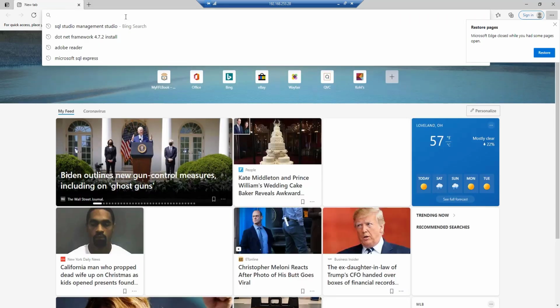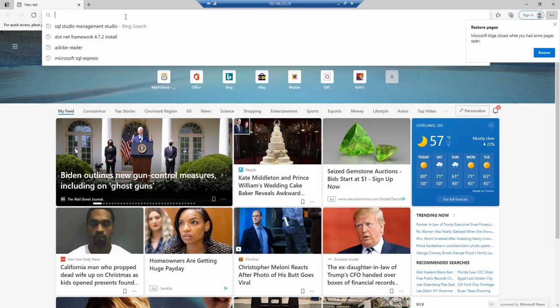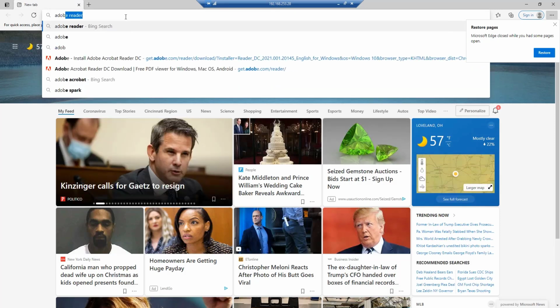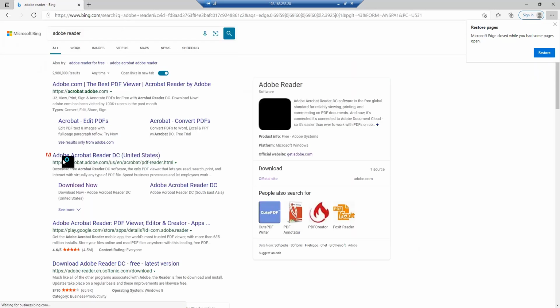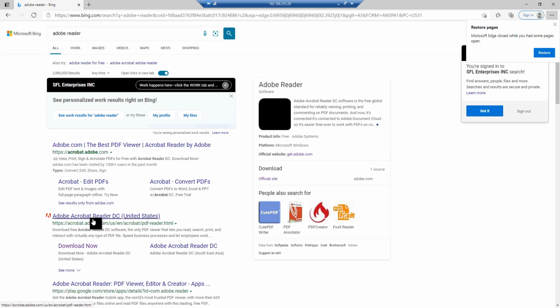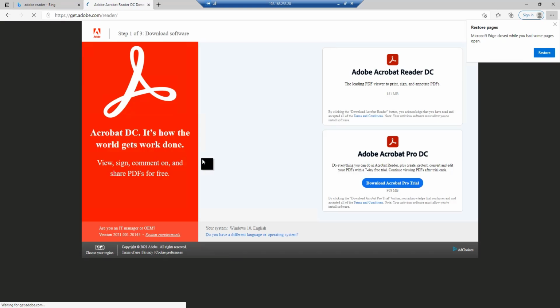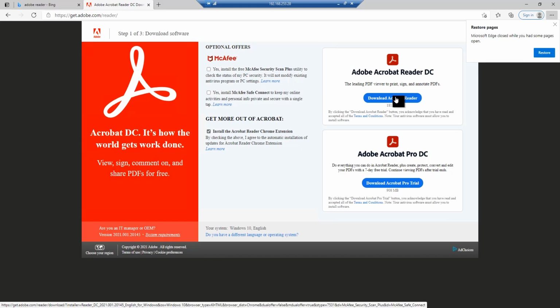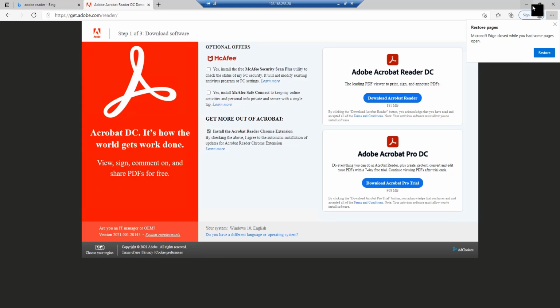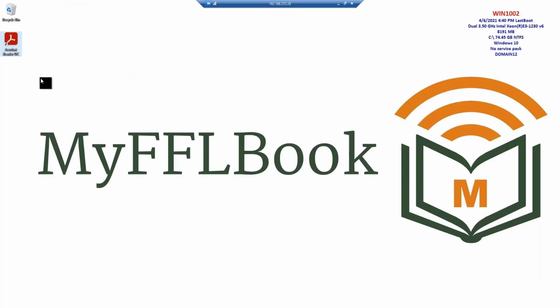And just type in your web browser, or you can use the link, Adobe Reader, and then where you see Adobe Acrobat Reader DC, just go to the download now. Once you are there, make sure you uninstall McAfee, or else Adobe will install McAfee by default. Then hit download. Takes probably about a few minutes, and then once done, the Adobe icon will actually show on